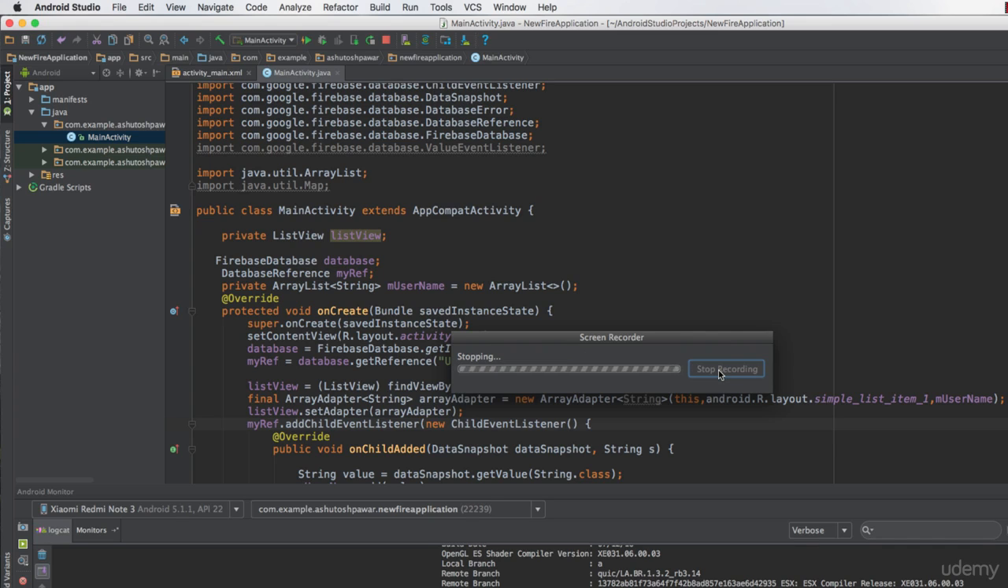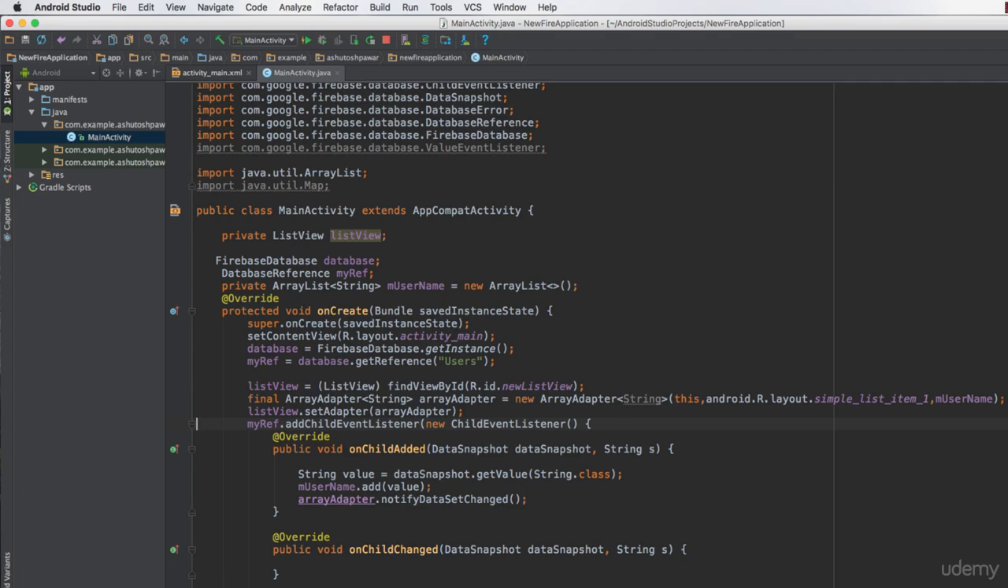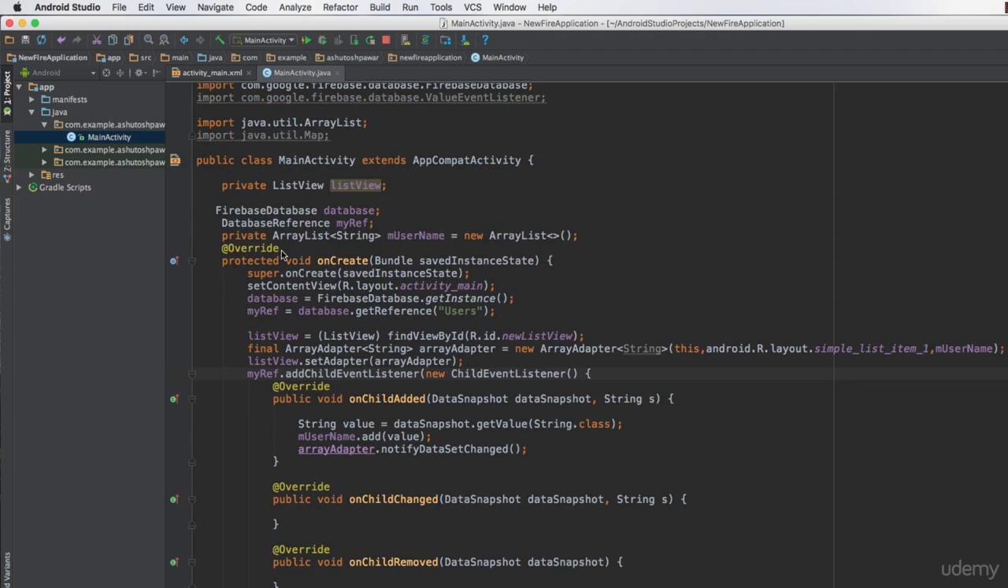So that's it for this lecture, and I hope you were able to understand how to get the items from the Firebase database and add them up in a list view. The procedure was quite simple. The first thing you need to do is to have a proper data structure to store your data. In this case, we have used an ArrayList. We stored all the elements in the ArrayList, and after storing the elements, we created an array adapter. Then we set the list view to the array adapter,